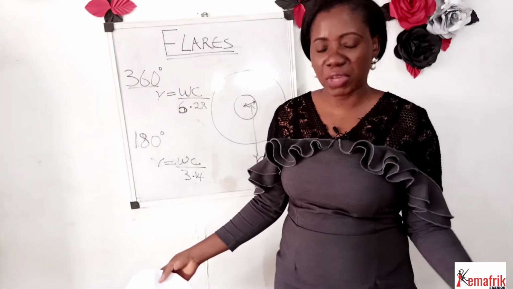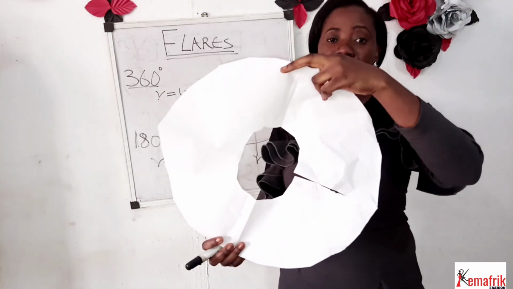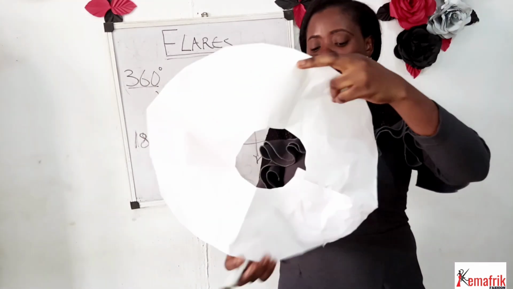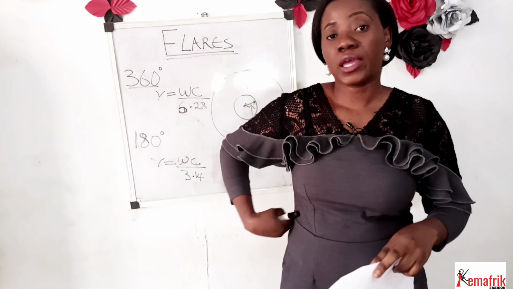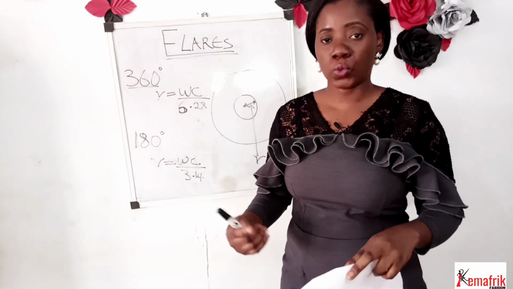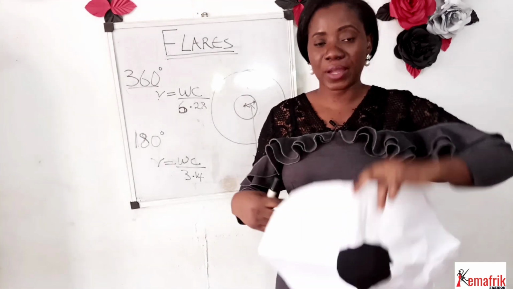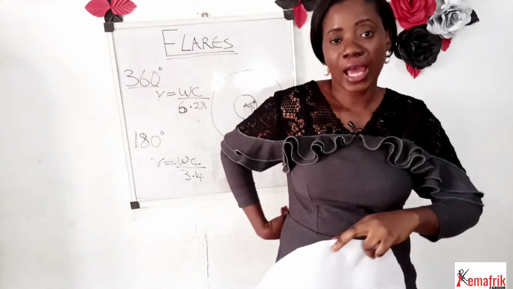You can make use of flares in diverse ways, and a circular flare will appear like this. You can see it is circular. So you have actually split it open here because I'm assuming we're working with a waist. So we're working with a waist attachment as flare. So we'll be attaching this flare to the waist, and that means there'll be a zip allowance at the back,